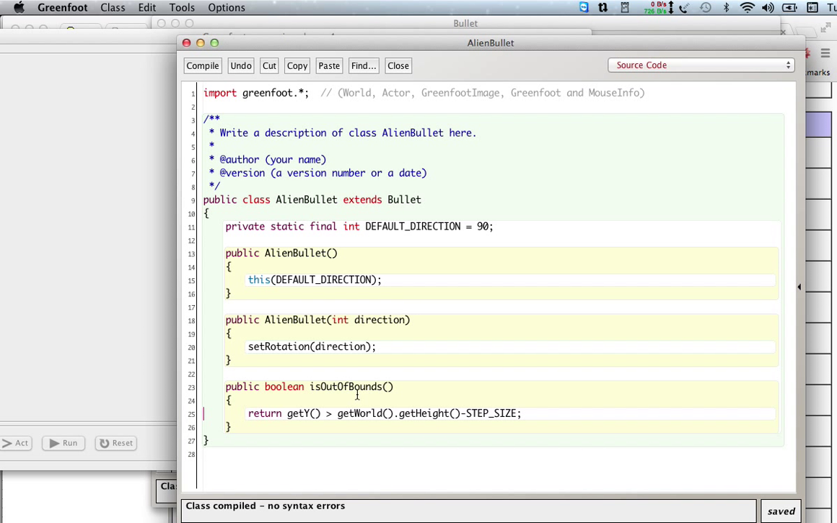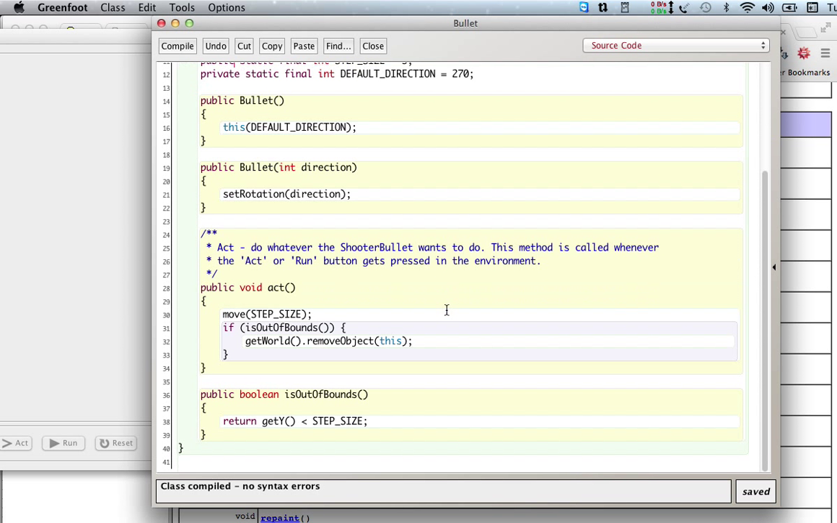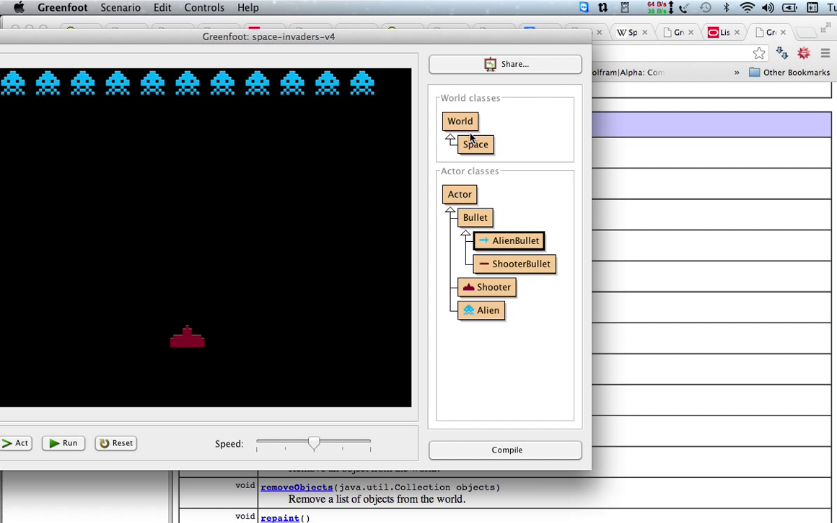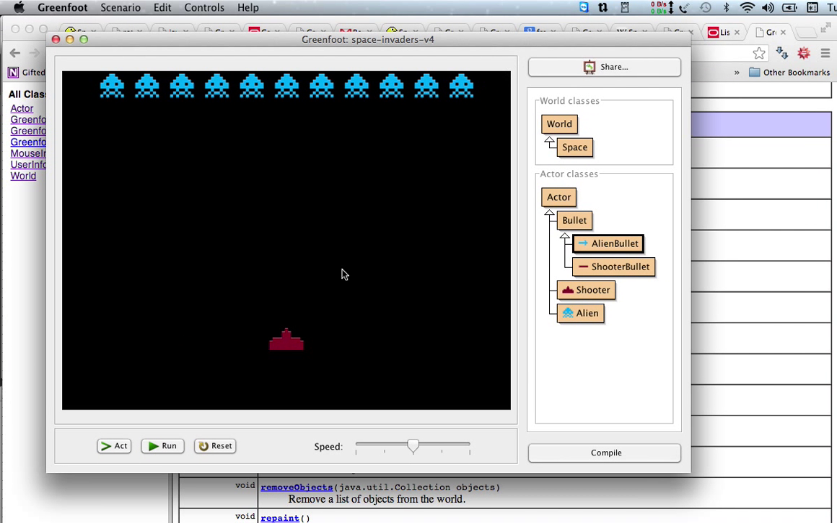Okay, so now isOutOfBounds for alien bullet is going to be true if it hits the bottom of the screen. And otherwise for all the other bullets, it's if it gets to the top of the screen. Okay. So we can compile that. And now, when our bullets hit the bottom of the screen, they go away. And just to make sure, these bullets, when they hit the top of the screen,